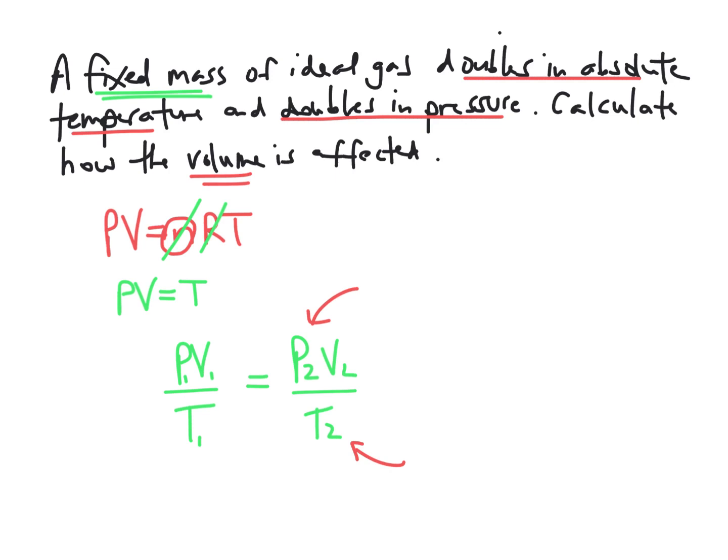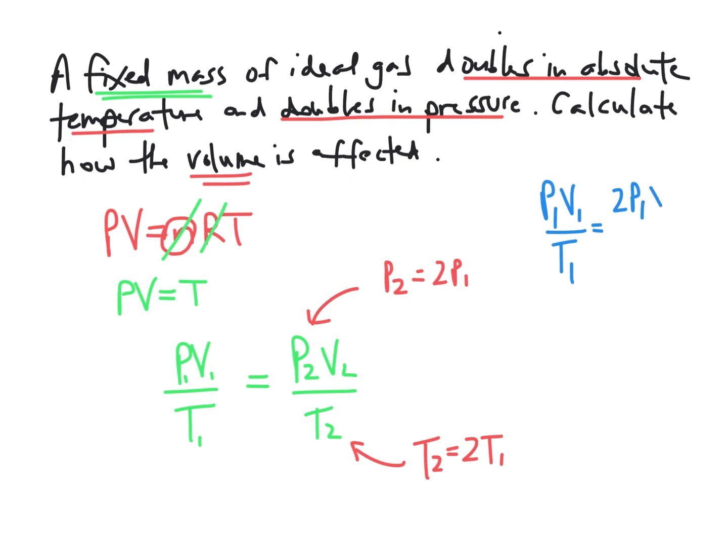of this equation. So if we know that we are doubling the pressure, that means that P2 is equal to 2 times P1. If we know we are also doubling the temperature, that means that T2 is equal to 2 times T1. Okay, so instead of having those terms in, now we can substitute these alternate terms. So I'm going to rewrite this up here in blue. So P1 V1 over T1 is equal to